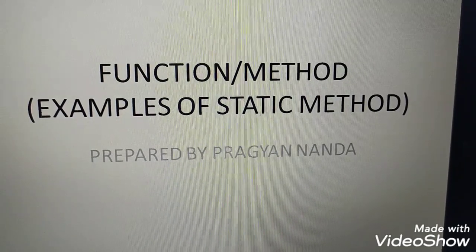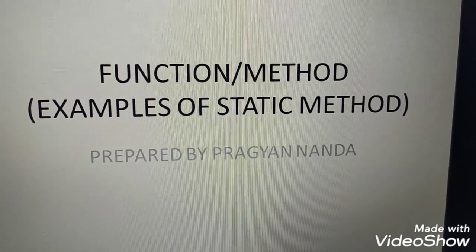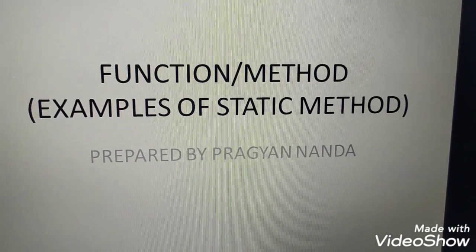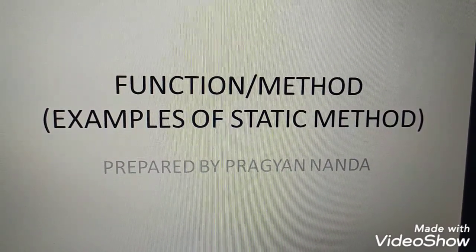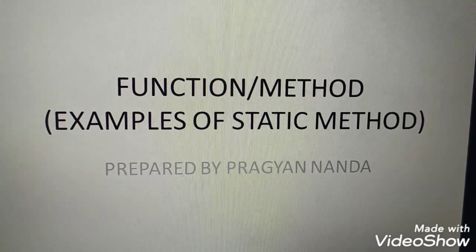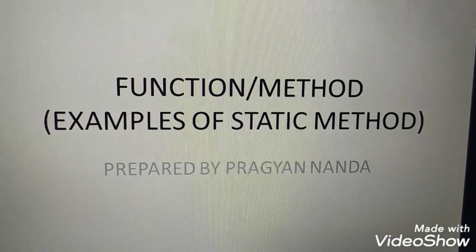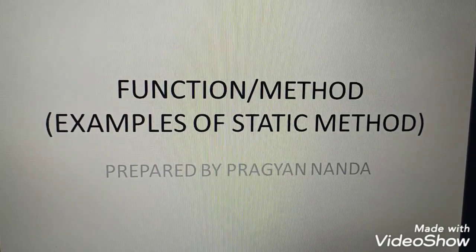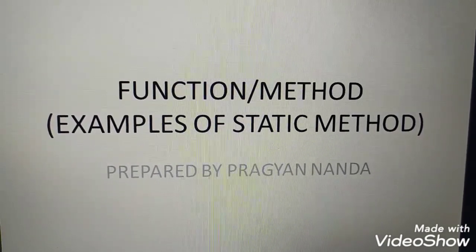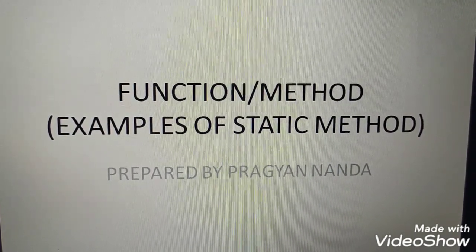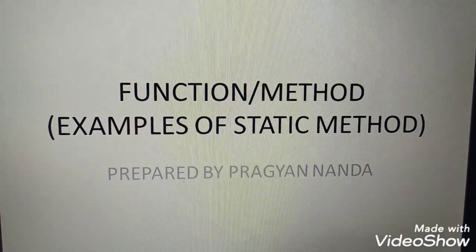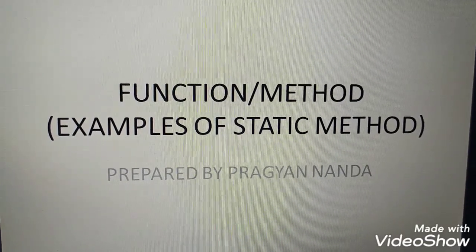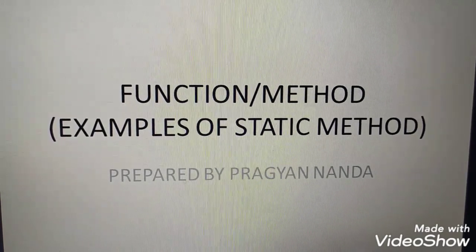So in this session, I am going to explain to you the example of static methods and also how to write a void method. Okay. In the previous session, I already explained how to define a method, how to define the header or prototype of a method, and what you should write inside the body of the method. So by this example you will be more clear about the definition, header, and body of the method, what the meaning of a static method is, and what the use of a void method is also.